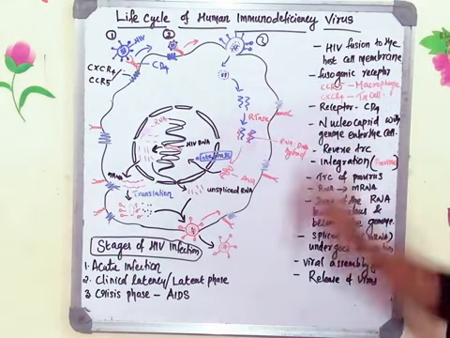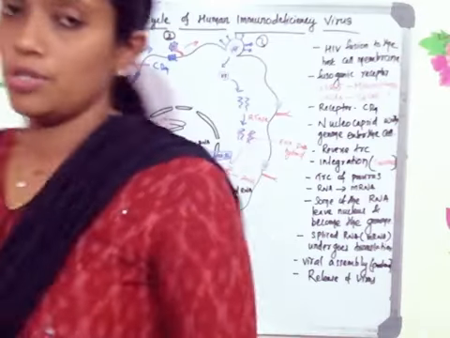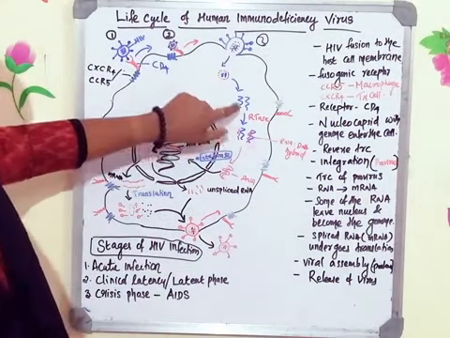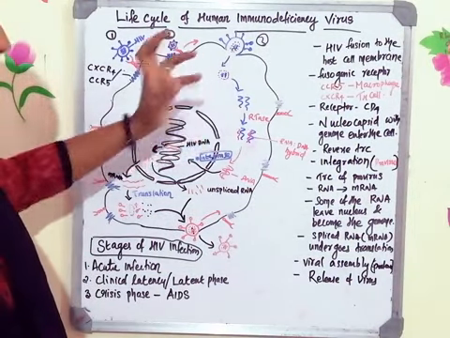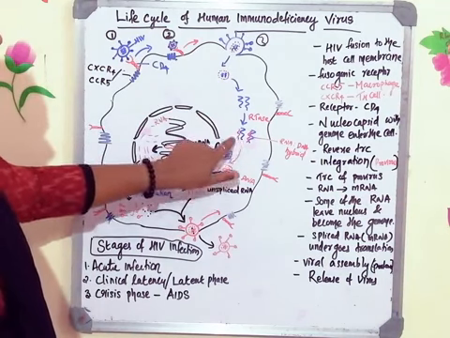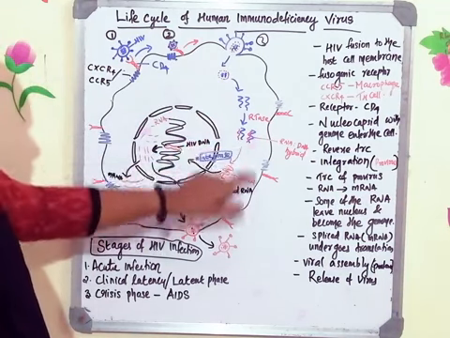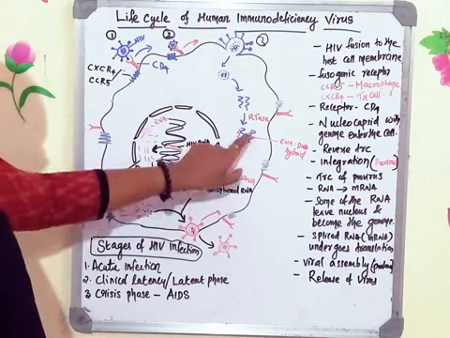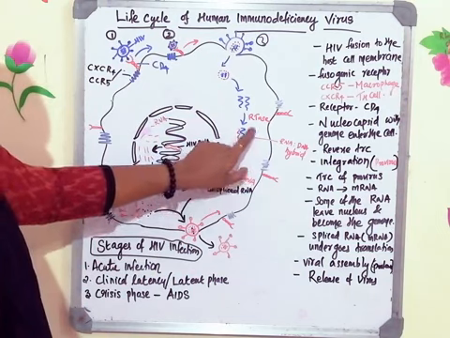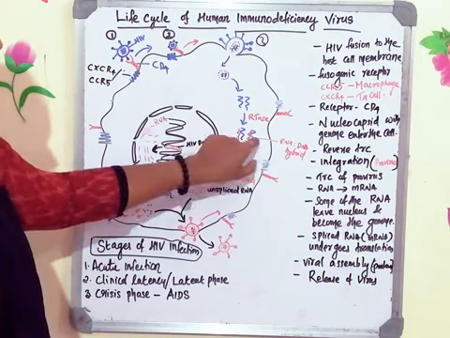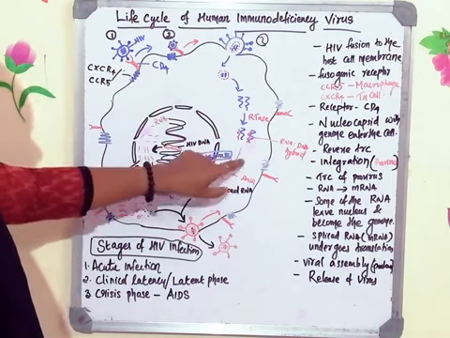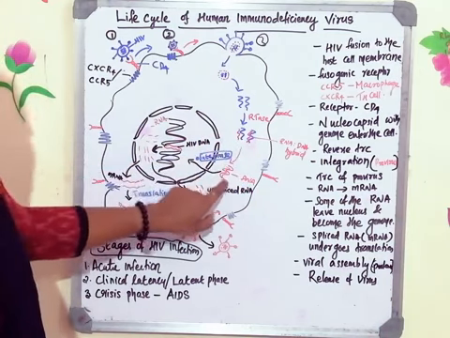And as soon as the RNA is released into the cytoplasm, the reverse transcriptase enzyme which is associated with the genome gets activated, and it will make a DNA copy. So you can see here it's an RNA-DNA copy. RNase enzyme which is there in the host is used to digest the RNA. Okay, here this is an RNA-DNA hybrid. Now after that the RNA should be digested. For that digestion they use the RNase enzyme which is there in the host, and then the DNA polymerase of the host is used for making the complementary DNA.